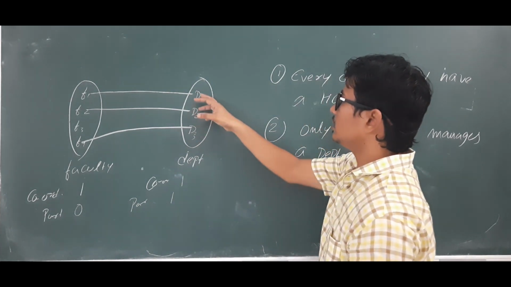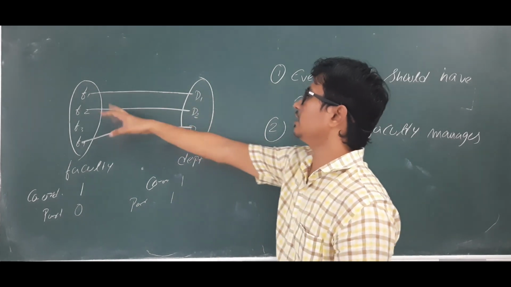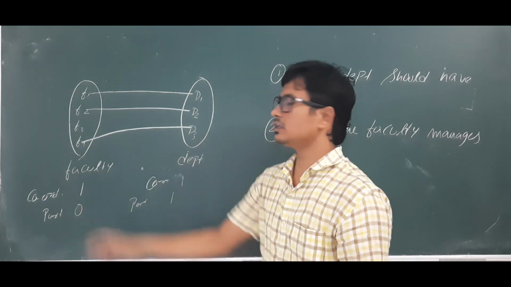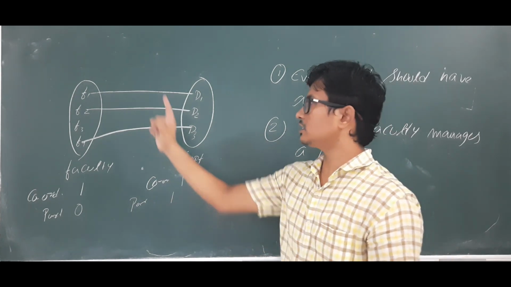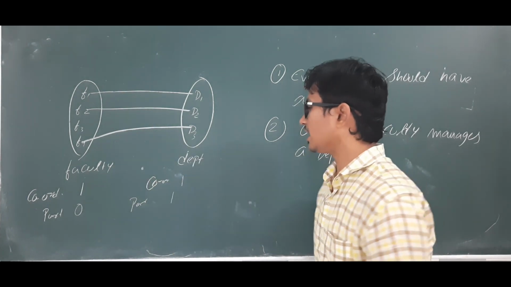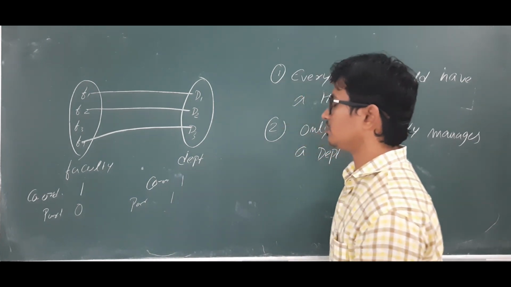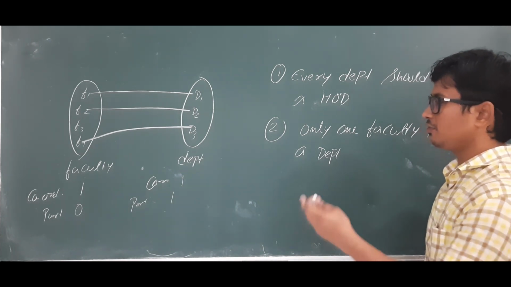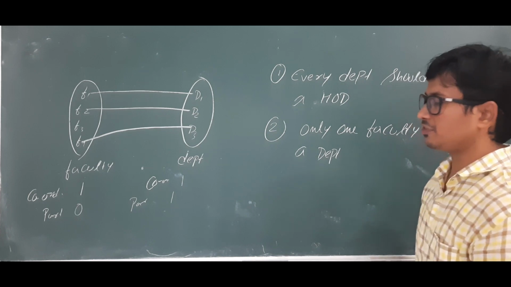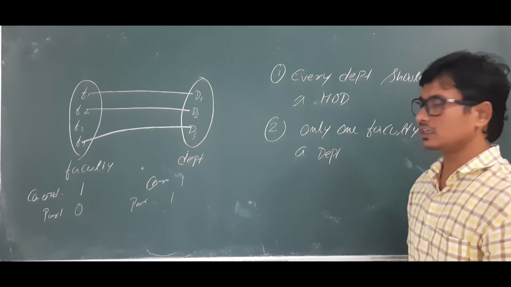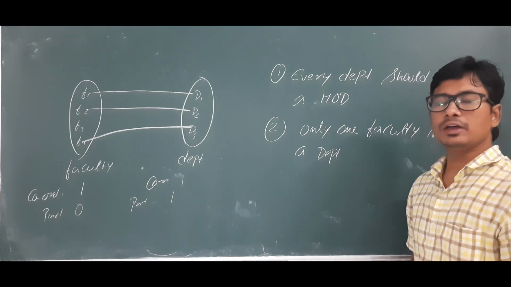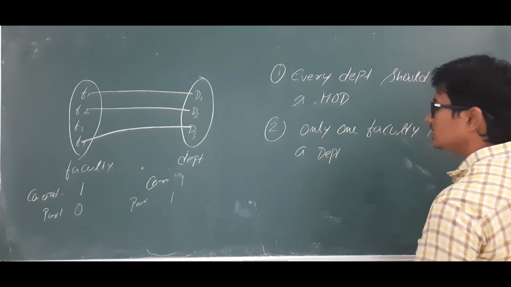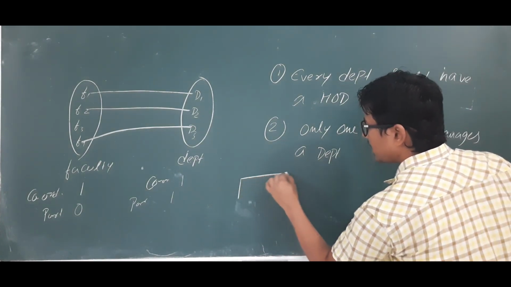There is no entity in the department that does not have any relationship. So department 1 has a relationship, department 2 has a relationship, department 3 also has a relationship, and the relationship is with only one entity in the faculty entity set. So I can say that the participation of the department is 1. Once we identify the cardinality ratio of the faculty and the participation of the faculty and the department, we can easily construct the ER diagram using any of the representations. Either you can go for the min-max representation or the cardinality ratio representation. You can take anything. So let me discuss the min-max representation.